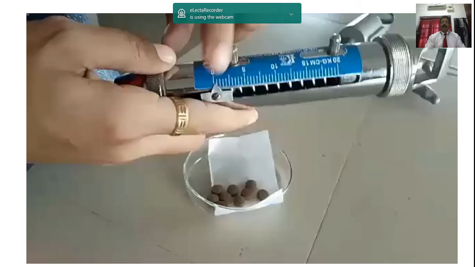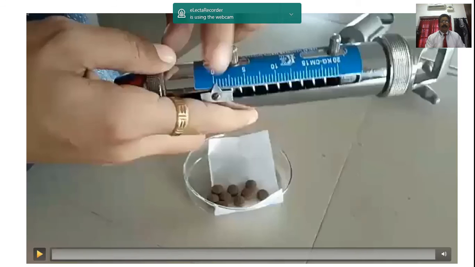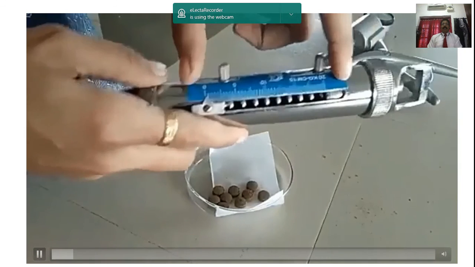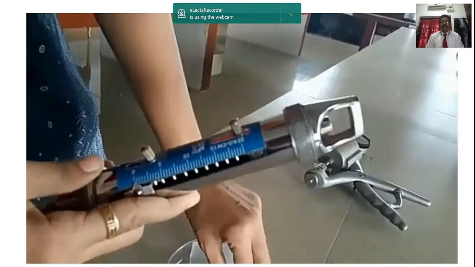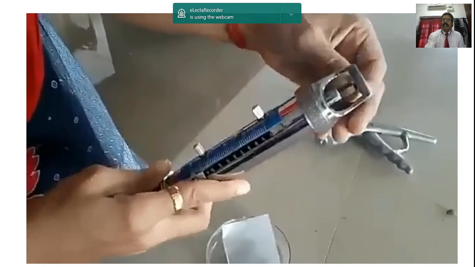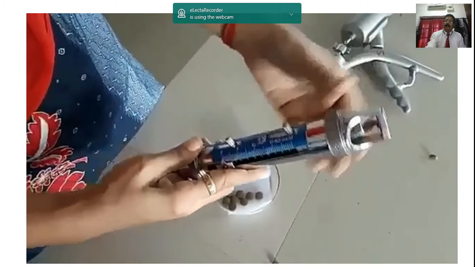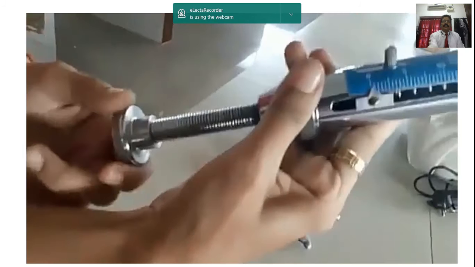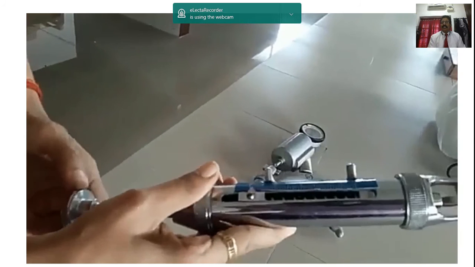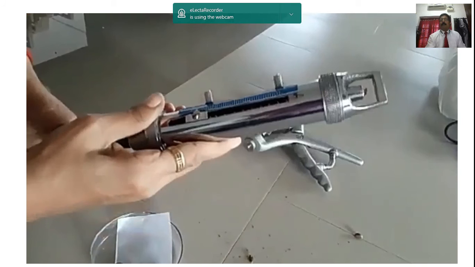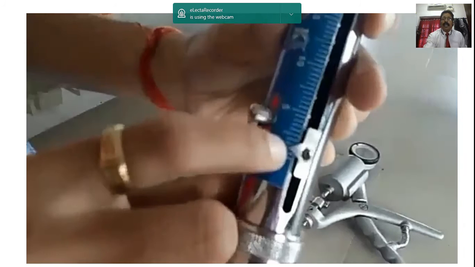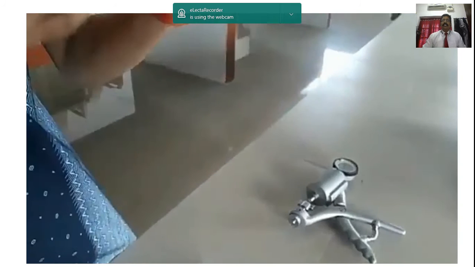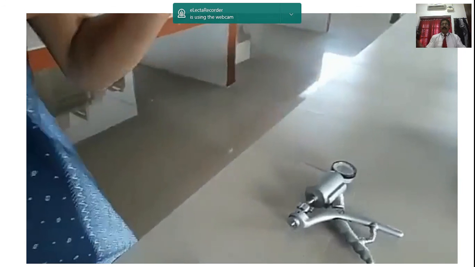You can see this video, which will be more helpful. Can you see this? See that the lady is keeping the tablet between the plunger in the lower position and keeping it at 0, and see the knob, she is just turning it. You can see what happens to the tablet: it breaks, and she is just noting down the reading, which is 4, so that she can find out the hardness.